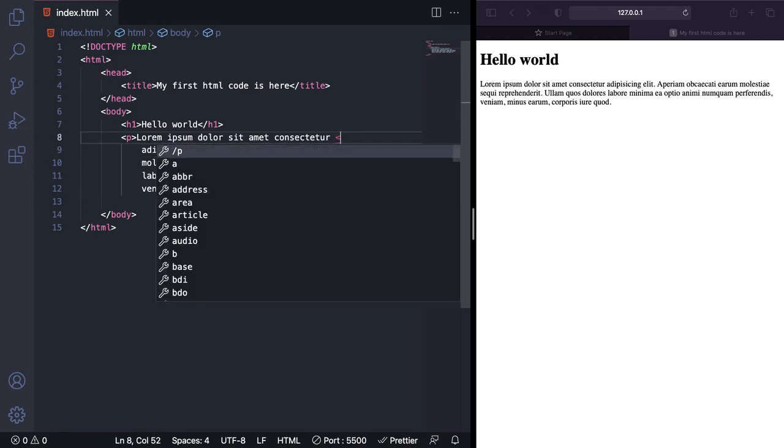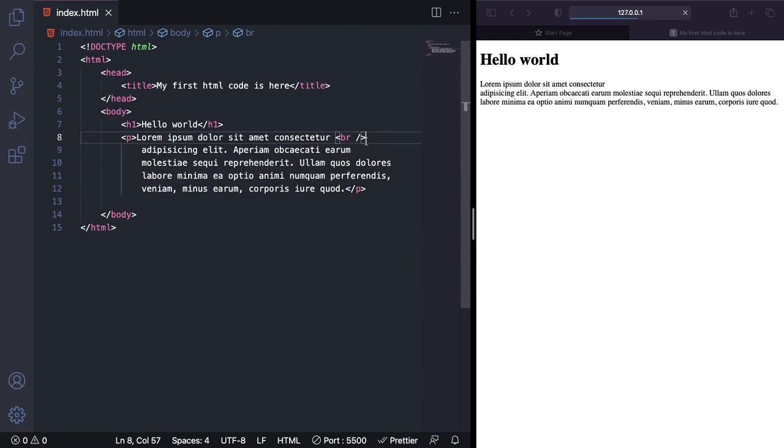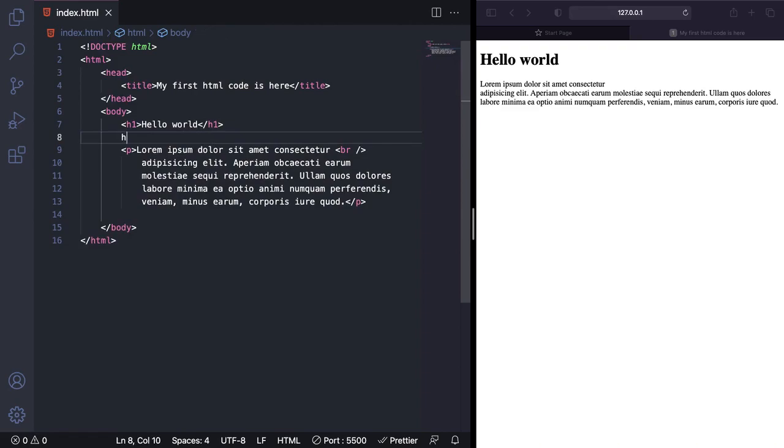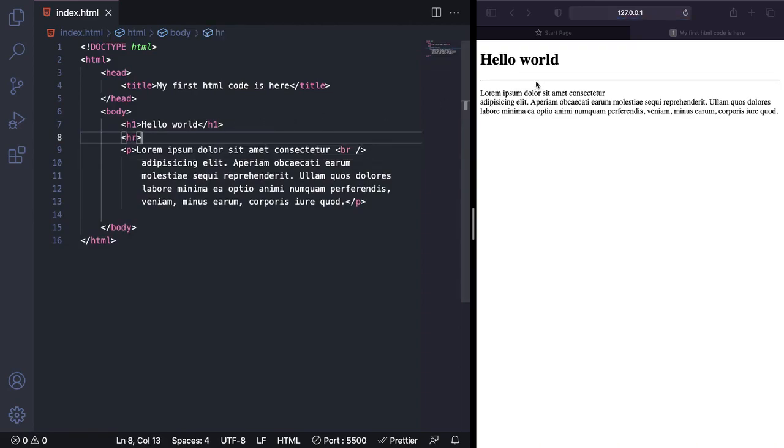So here I'm just going to use a BR tag, which is just a self-closing tag. You can see we got a space, and we have just entered into the next line. So this BR is a self-closing tag. There are two types of tags in HTML. One is an open tag as well as a closing tag, but we have some tags, like a self-closing tag, which have a slash inside itself. It closes itself. So the next tag we will be having is an HR tag, which gives a horizontal line